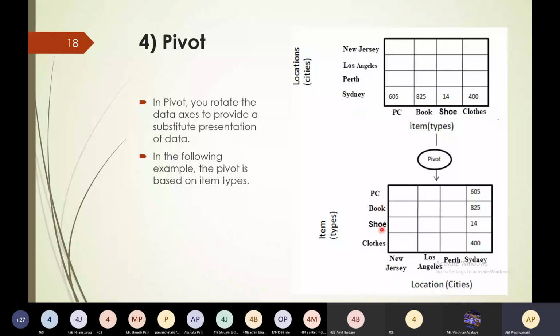So PC, book, shoe, and clothes are here, cities are here, and these are the values. This is how the pivot will just rotate the cube to look at it in a different view. So this is how pivot operation is performed on your cube.